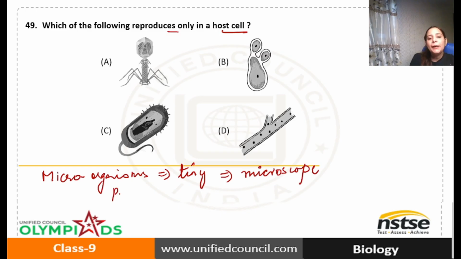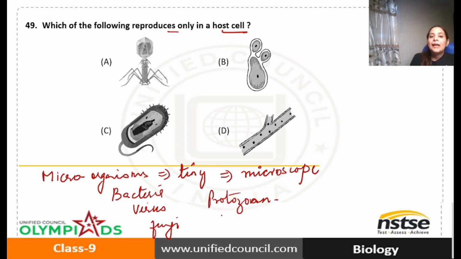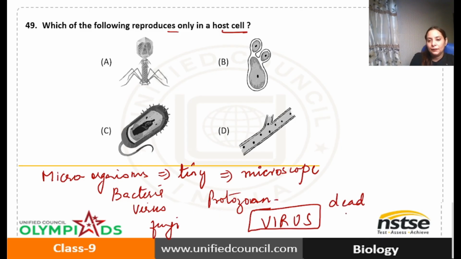And we have got different types of microorganisms: bacteria, virus, fungi, protozoa. So we have got different varieties. Now let me tell you that out of them, virus is a microorganism which is considered to be dead, but it becomes living when it enters a host cell, because it utilizes the host cell machinery and completes all its required activities. And viruses cause many diseases like AIDS and flu.